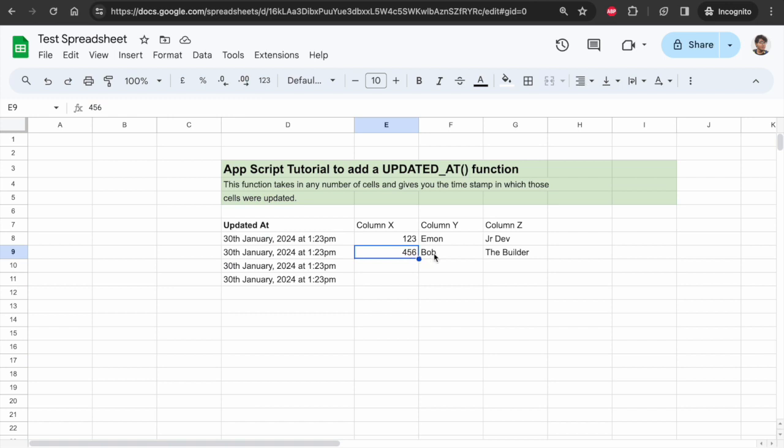Okay, I had to do a time cut because I need to wait for a minute to pass. So these fields were created at 1:23 p.m. today, as that's when I created the function. But now if I change Bob to, let's say, Bobby, the timestamp gets updated. If I add any new value, such as 678,